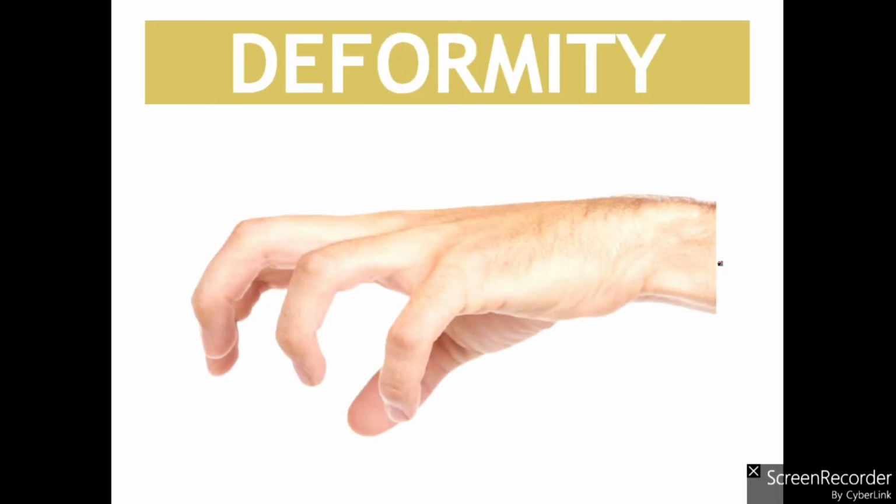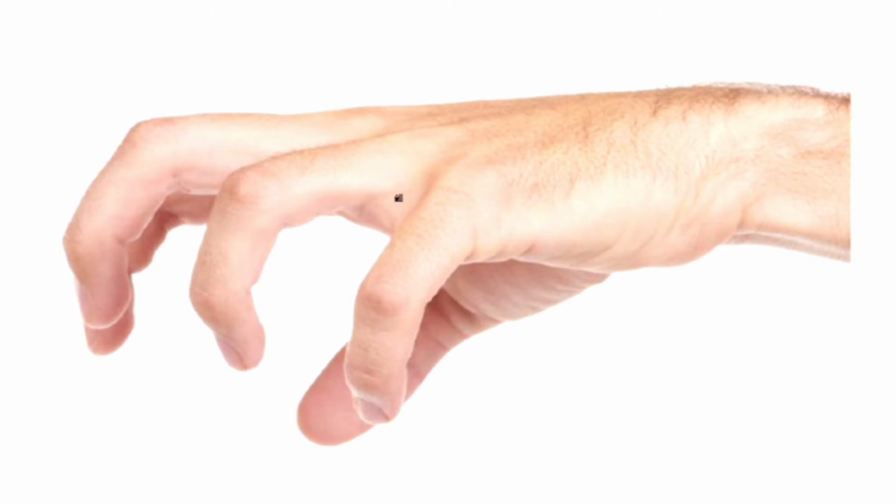Deformity. The deformity resulting from Klumpke's paralysis is known as the claw hand. In the claw hand, there is hyperextension at the metacarpophalangeal joint. As we can see here, there is hyperextension, that means it is very extended at the metacarpophalangeal joint. The metacarpophalangeal joint is the joint present between the metacarpals and the phalanges, whereas we have flexion, as you can see here,